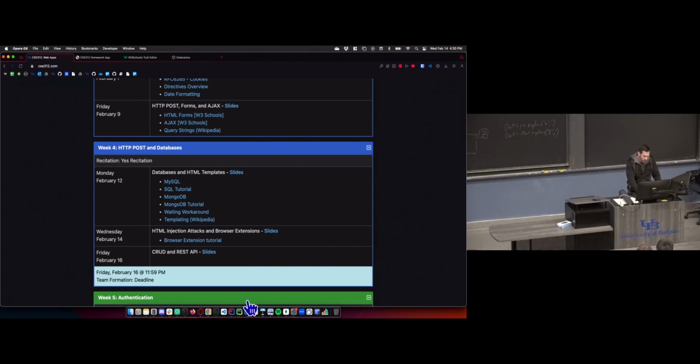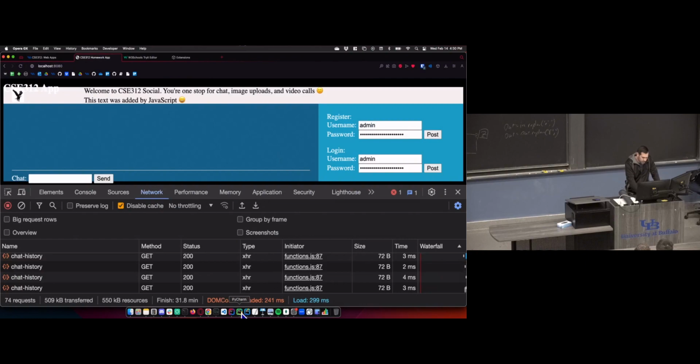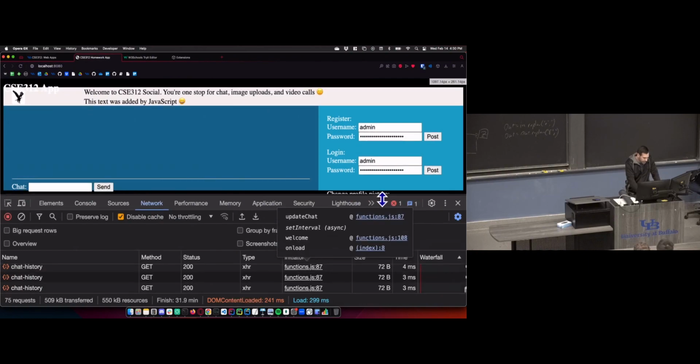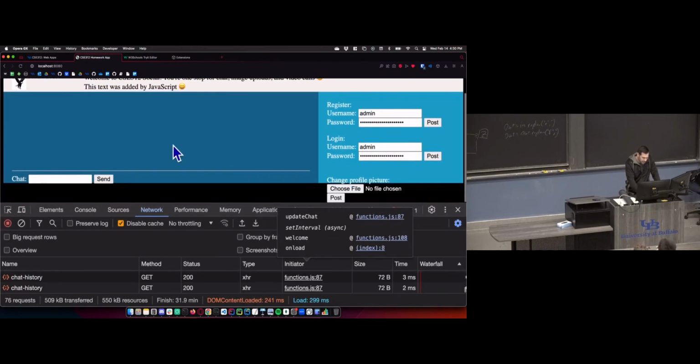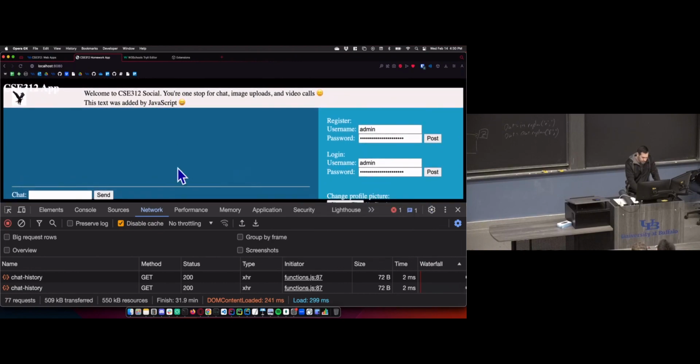Okay, let's get on with it. So let's do some demos. Running my app. Everything's fine. Okay, so I have chat. Hey, it works. This is chat as of mostly homework 1. I think I have a few things different, like the path is chat history, not /chat messages. I think I changed the path, but it functions the same way that you would expect.